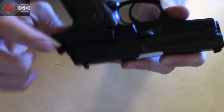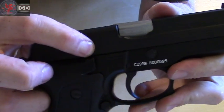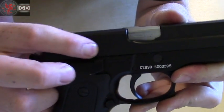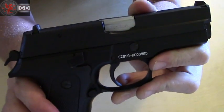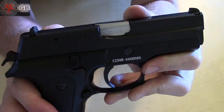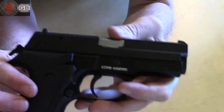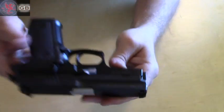The serrations here on the back of the slide are sharp. Hear my fingers across that. There would not be any slipping off of this. Not only are they decently sharp and deep, but there's a lot of them. A lot more rows. To give you some of the numbers on the gun,